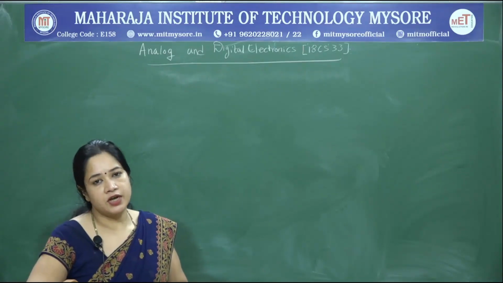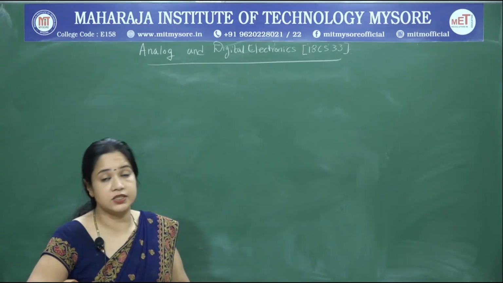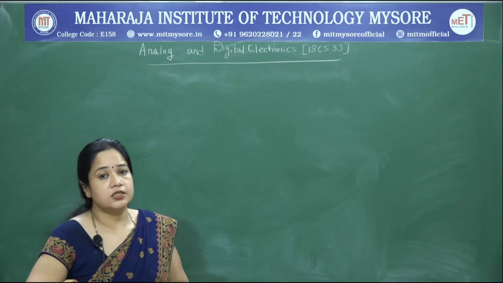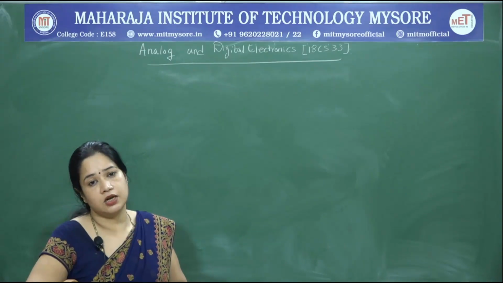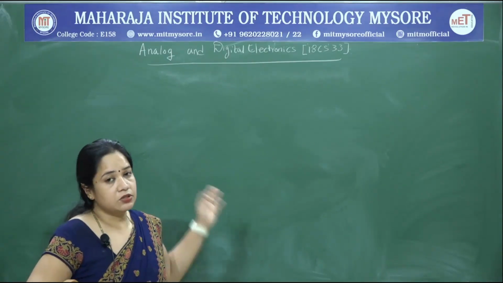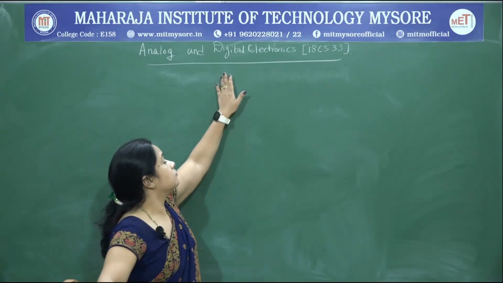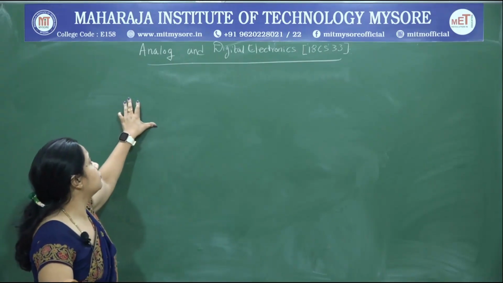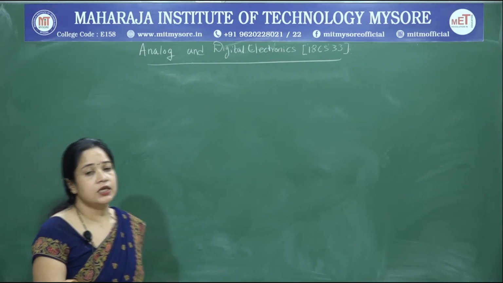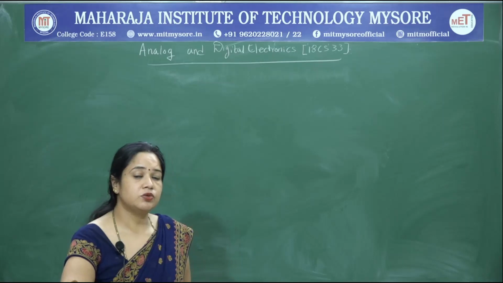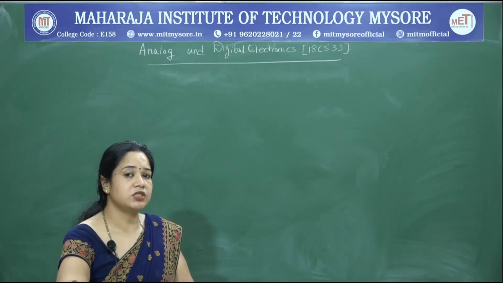So, with this brief introduction, we will start the majority share of your course, that is digital electronics. Digital electronics has the major share in the analog and digital electronics course. 80% of your syllabus, that is modules 2, 3, 4 and 5, have topics associated with digital electronics, and the first module has topics picked up from analog electronics. In today's class, before I jump into the syllabus, let me revisit the fundamentals of digital electronics.